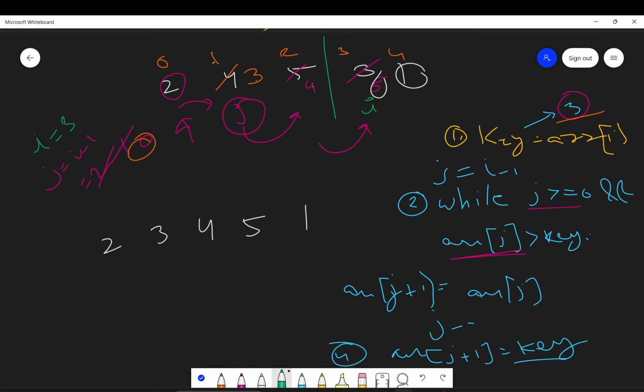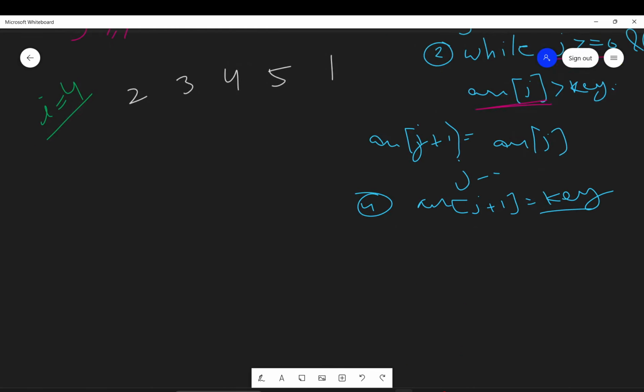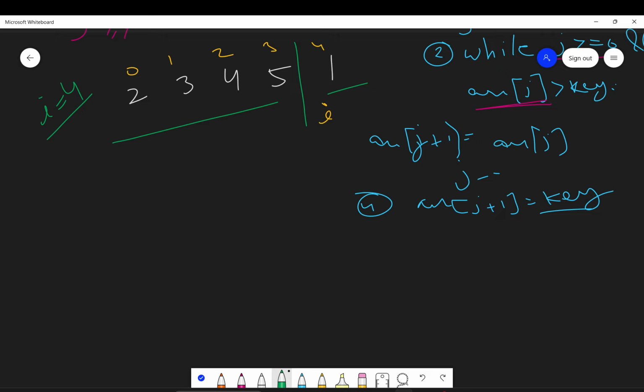I hope you understood this iteration. Now let's go forward, like i is equal to 4. i will become 4. So if you remember, i values will range from 0 to n. So 0, 1, 2, 3, and last is 4. So this is the last iteration. I hope by this iteration you are completely clear with the algorithm. Okay, so i is here. So 0, 1, 2, 3, and 4. i is here means that this is the sorted and this is the unsorted. So j will come here.